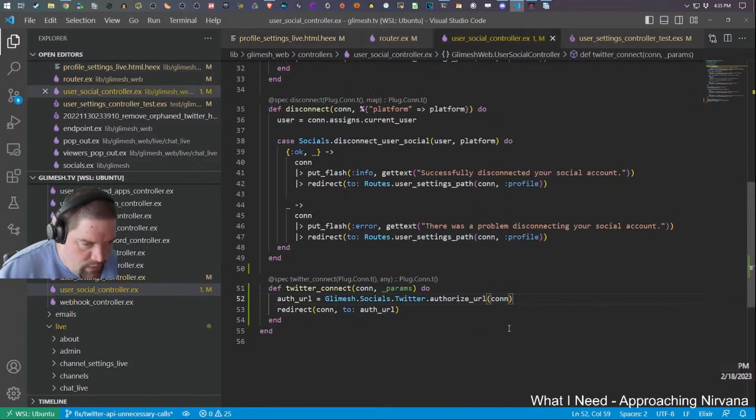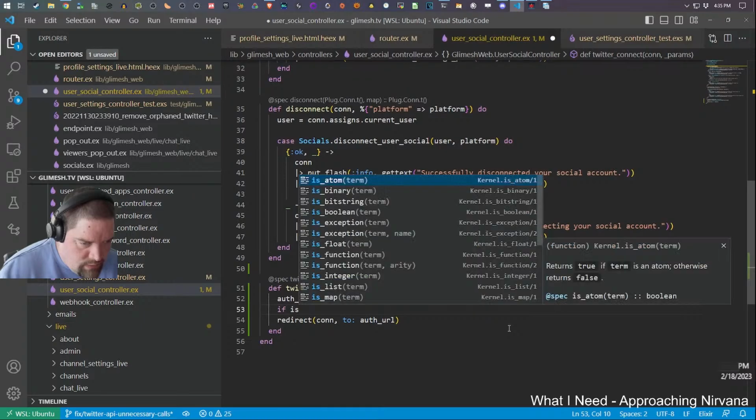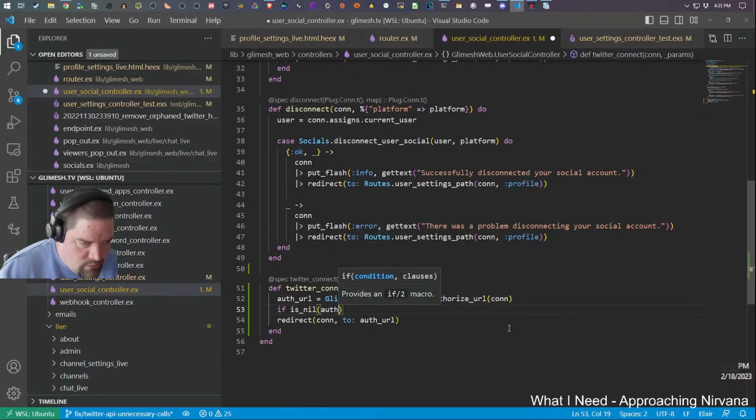I would just have to say, because that would come back nil. If it doesn't work, it comes back nil. So if it is nil, auth URL,